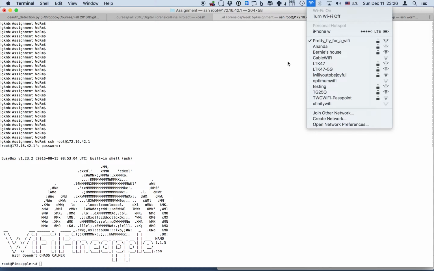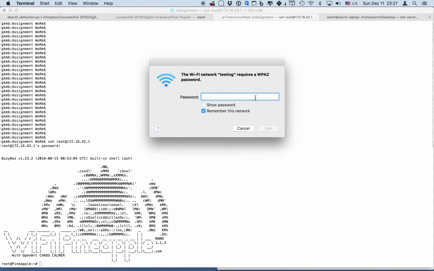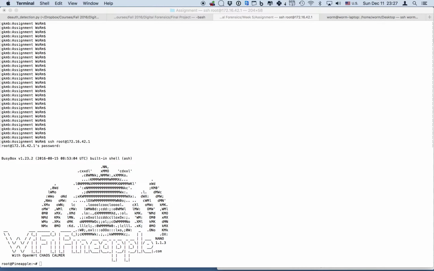Then the next step would be to allow the victim, in this scenario, this is actually the very laptop that we're running the presentation on, and through its Wi-Fi interface, we will try and connect to that. I get prompted for a password. So now we can see that I am